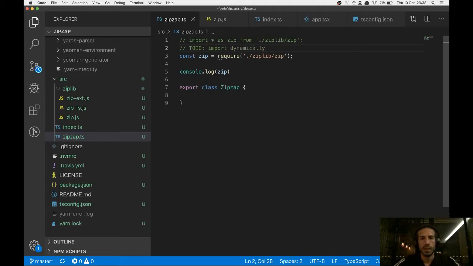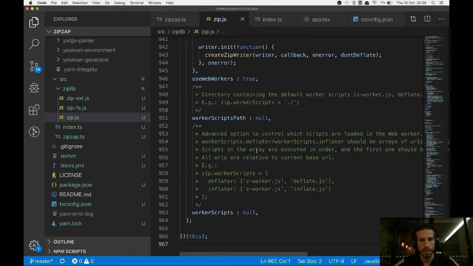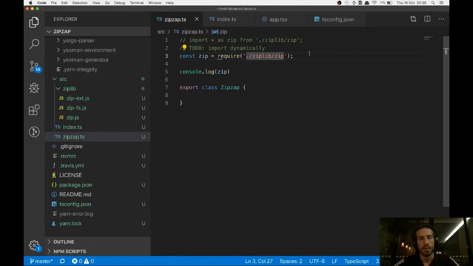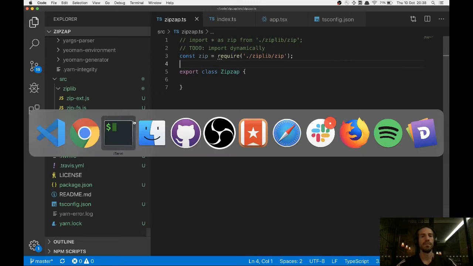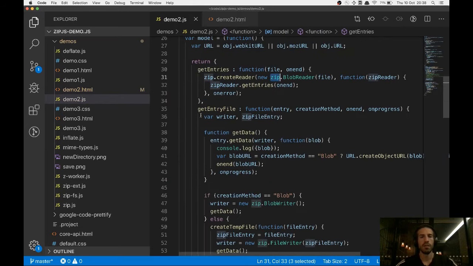Excuse my English if I have any typos. Sorry about that. Yeah, because I think this file is rather large. Yes, kind of big. So I might like to even import it asynchronously, but I guess we won't worry about that for now. Yeah, so if we go back to the actual example,